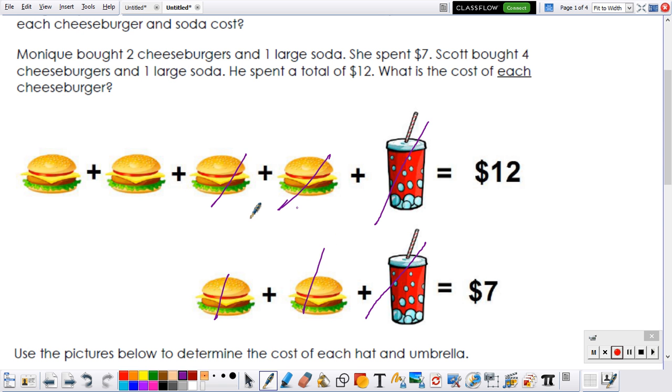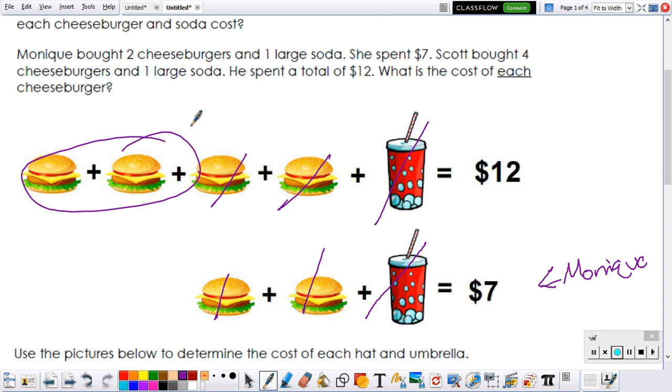So if they both bought 2 hamburgers and a soda, and remember this is Monique, if she spent $7, that must mean that if I take off 2 hamburgers and a soda, just these 2 hamburgers would be 12 minus 7, because if I took off the 2 hamburgers and the soda, I got to also take off the $7. And 12 minus 7, as you know, is 5. And that means that if 2 burgers are $5, 1 burger equals